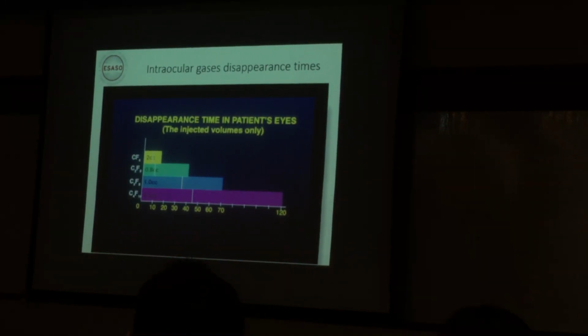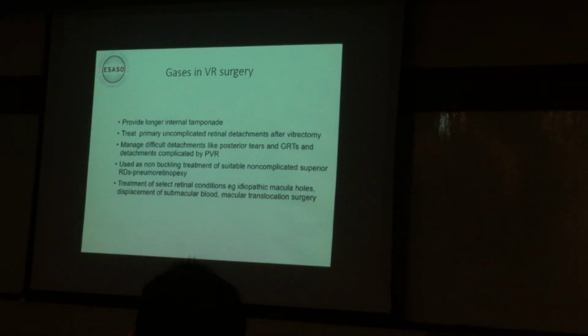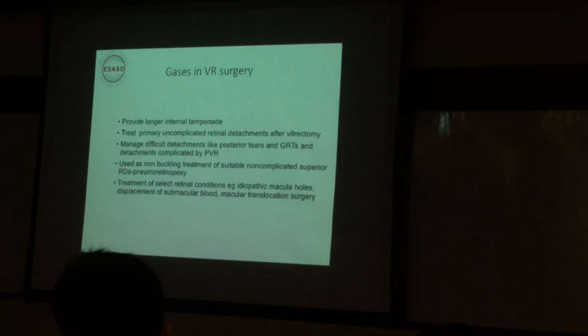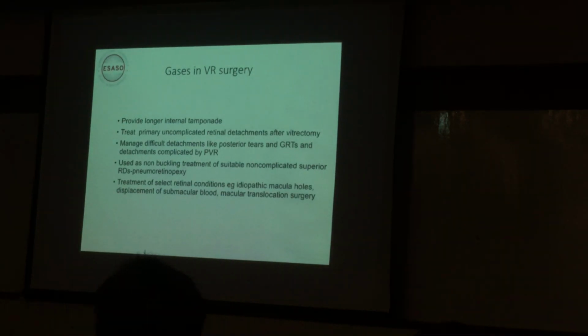And disappearance time in the patient's eyes, of course, the perfluorocarbon gases last a long time, depending on the type. C2F6 roughly about a month, C3F8 about 6 to 8 weeks before it finally disappears completely in the patient's eye. So gases provide longer internal tamponade compared to just air, and it is used in many primary uncomplicated retinal detachments after vitrectomy, and the longer ones are used for more difficult detachments like giant retinal tears, and also in cases